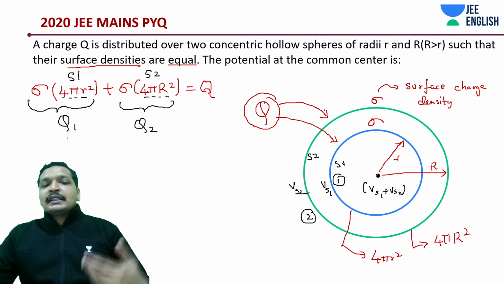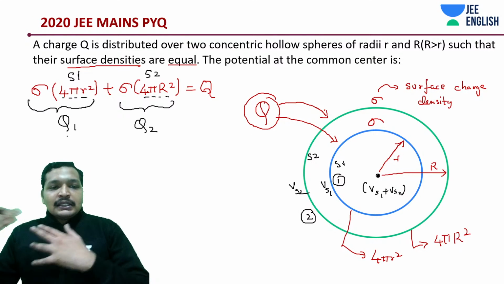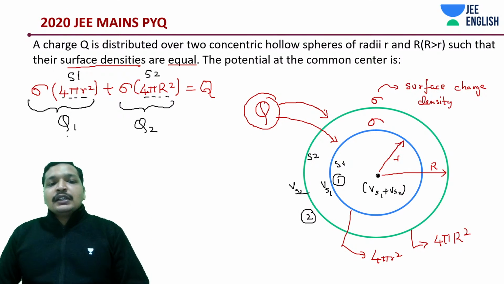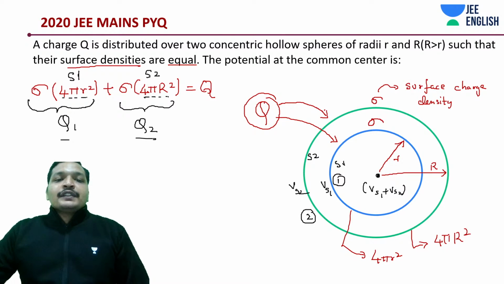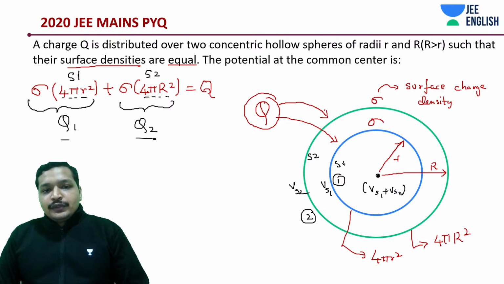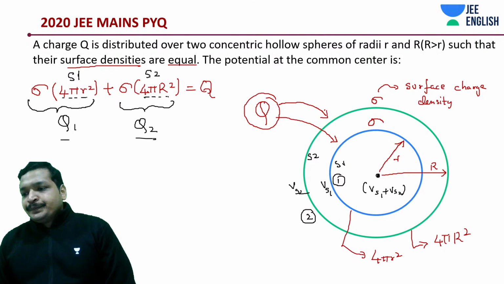Because basically I'm adding the charges on both. Sigma is the same. Sigma into surface area gives me q1, and sigma into the surface area of the second shell gives me q2, is equal to q. Simply,